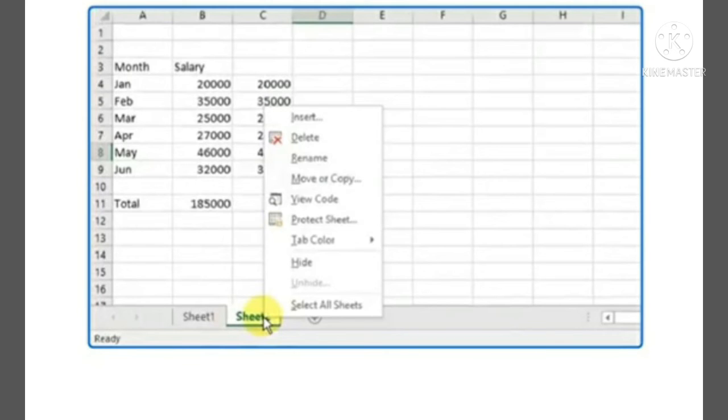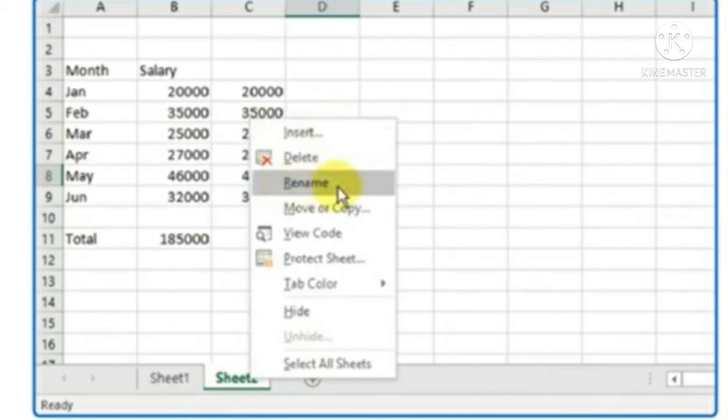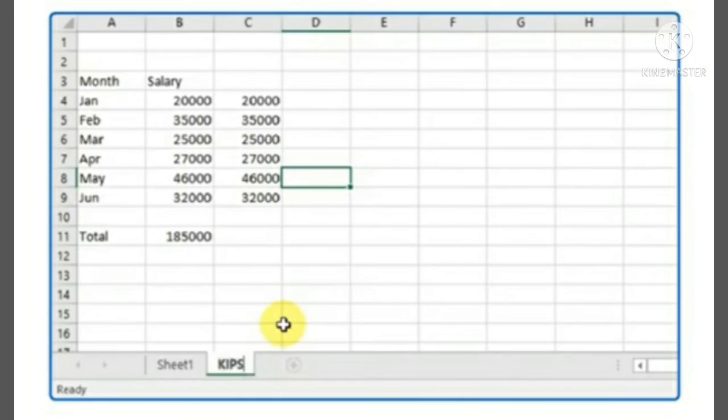When you right click on it, you can see these options. From that shortcut menu, click on the rename option. Then you can see the sheet tab gets highlighted, and there you can type a new name for your worksheet. Any name that you wish, and after that press enter. And you can see that the name of Sheet 2 gets changed. So this is how you rename a worksheet, very easy to do.